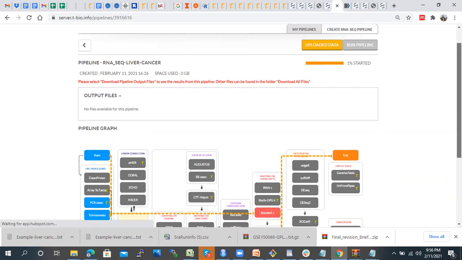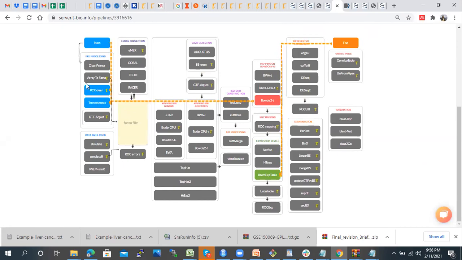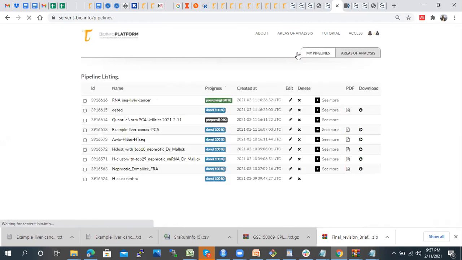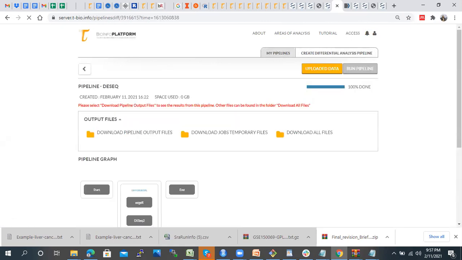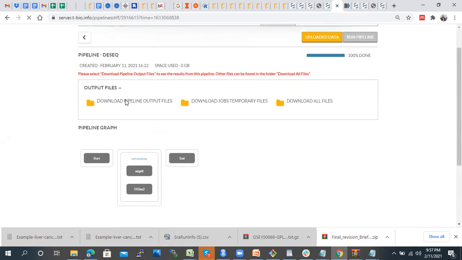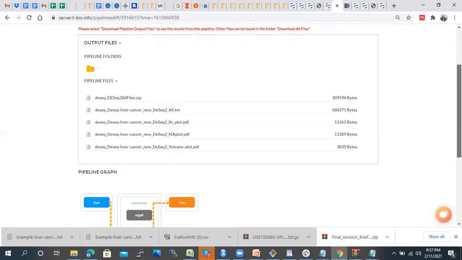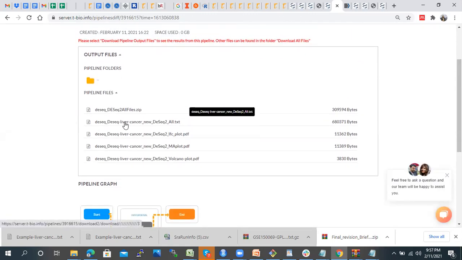If you want to generate read counts, in that case, what you have to do, especially for you, Lydia: we have to select HISAT2 after the PCR clean and Trimmomatic. Then you can directly quantify gene expression with HTSeq instead of these two steps, right? We just need to change the steps and we can end our pipeline. So my DESeq pipeline has already completed. Let's look at what output we have obtained.